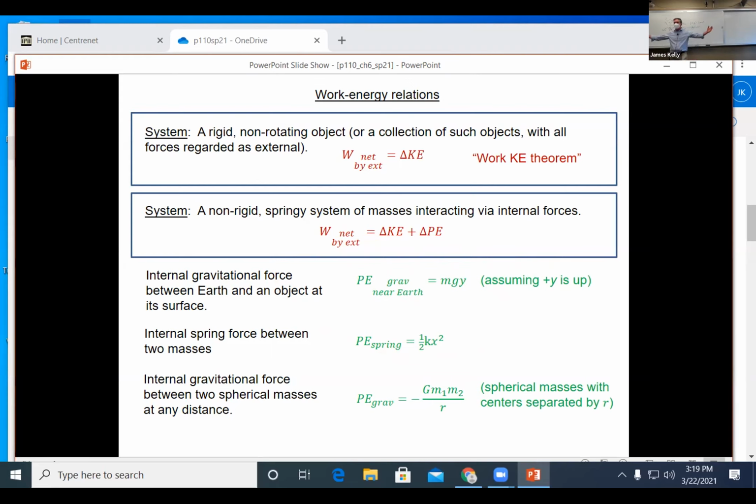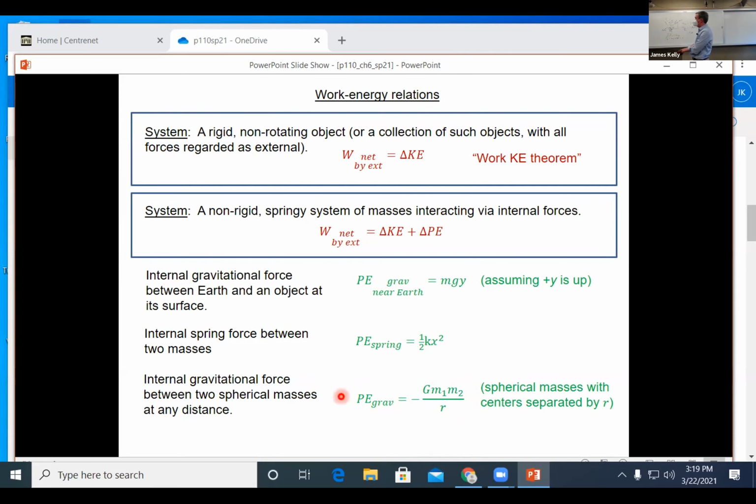But either way, you're storing potential energy in the spring as you compress it or as you stretch it out, because you can get kinetic energy out of it either way, if you compressed it or extended it. And then finally, if we have some planet-sized things like Earth and Moon or something like that, or